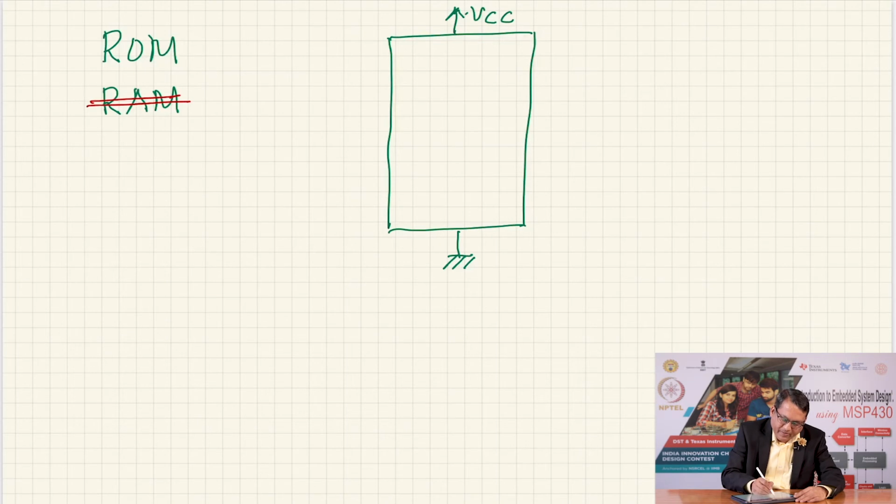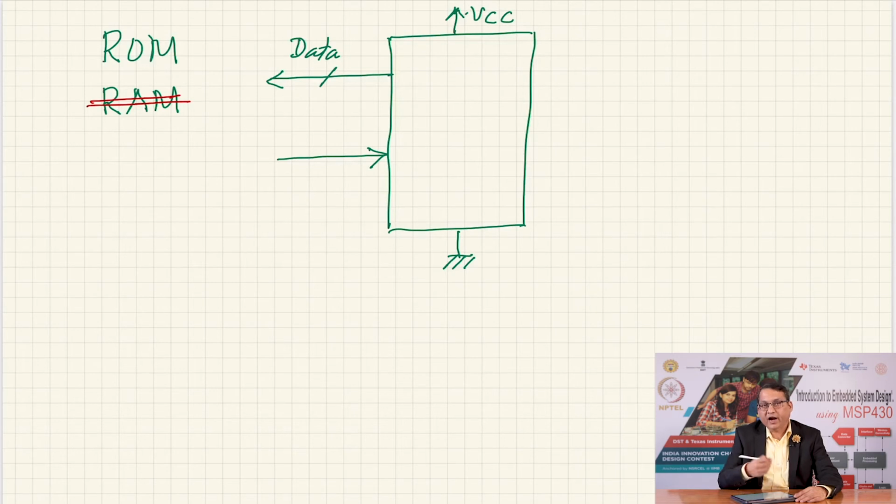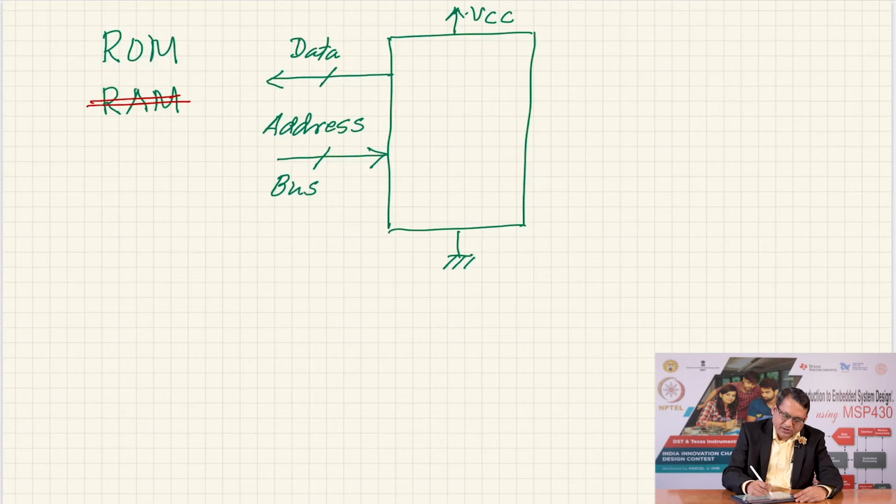The ROM would have data lines, and because you are going to read the contents of the ROM, you do not have the freedom to write into a ROM at runtime, meaning in your application. So, I have shown the direction of the data bus to be unidirectional. These are data bus, data bits. Then to access the location, you need to specify what address you want to read the data from, and for that you have the address bus. This is the data bus.